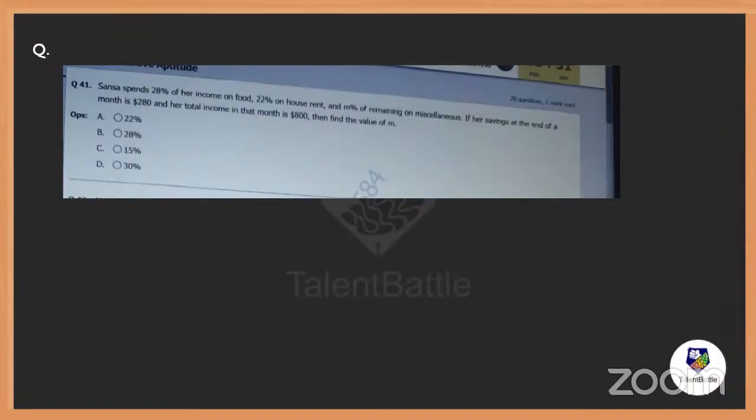Come on, others, answer this one. Okay, I'll tell you. Look, Sansa spends 28% of her income on food and 22% on house rent. Thousand remains. And M% of the remaining income on miscellaneous. Miscellaneous means others.